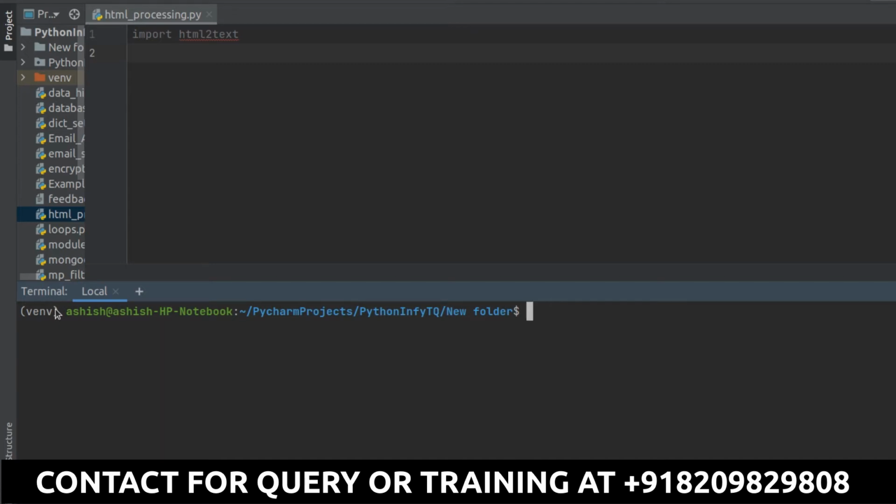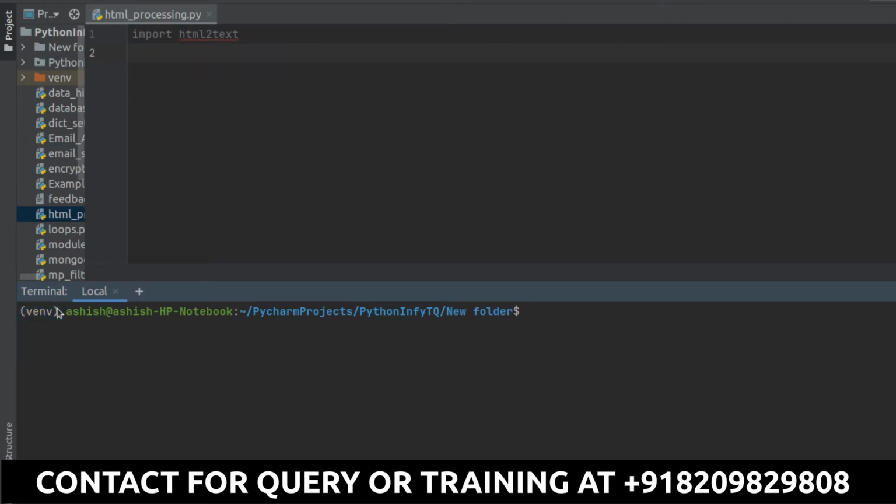There are chances that, due to version compatibility between different packages, they can conflict, and it will not allow you to work on two different projects if you use the same virtual environment for both. That is the reason we have a separate virtual environment in which I will install html2text, so that it works fine for my project. You can see the virtual environment is already activated.